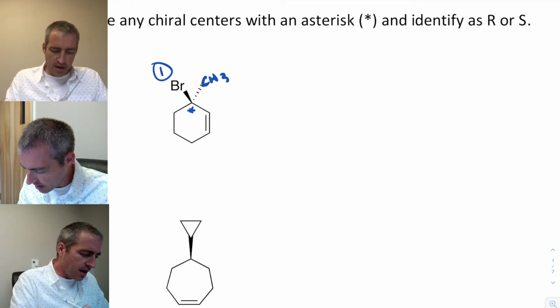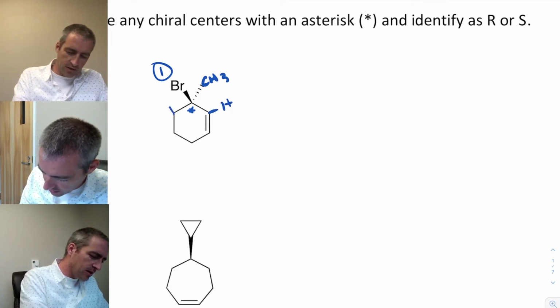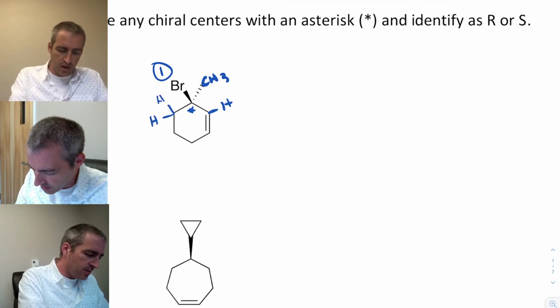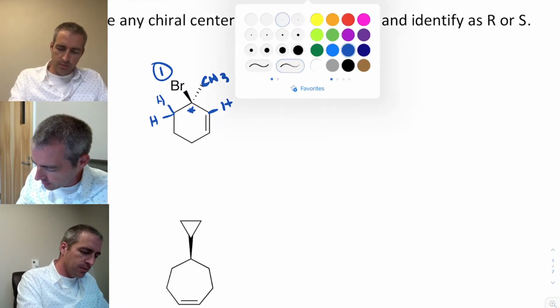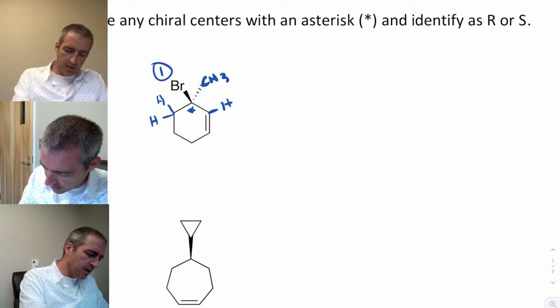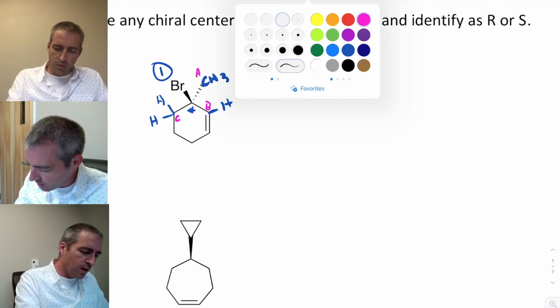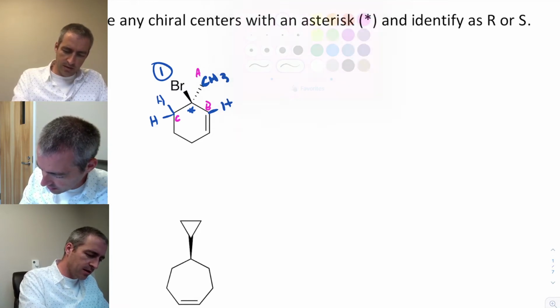Next, what we're looking at are 3 different carbons. And you can see there's a hydrogen here. This is a CH2. We draw in all of the atoms on those carbons that aren't shown because we're doing a bond line structure. And what we would like to do is maybe we'll just label these 3 carbons as A, B, and C. And we want to look at what is attached to these 3 carbons. I'm going to go A, B, C. So carbon A,